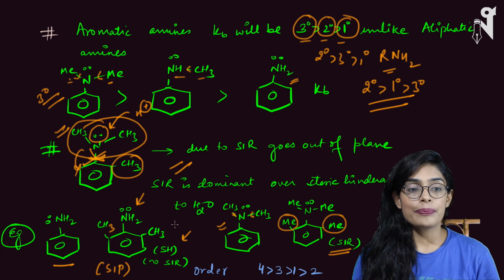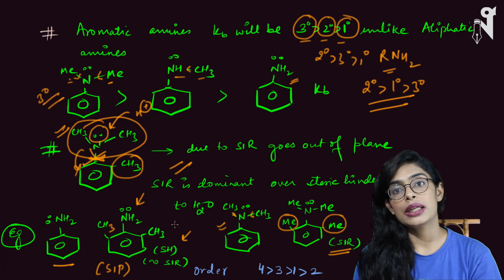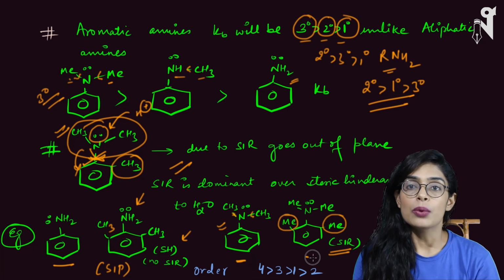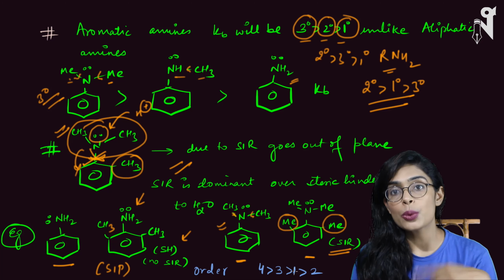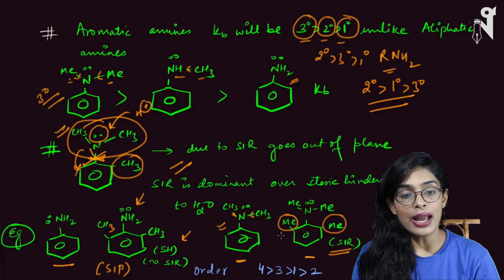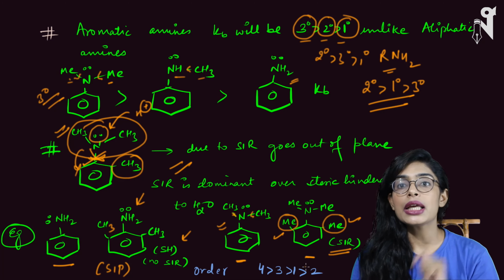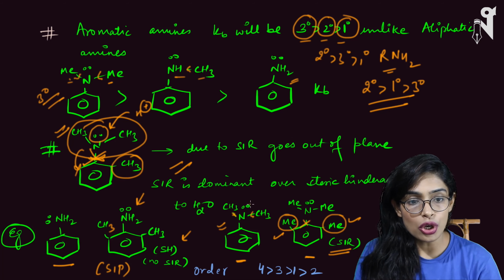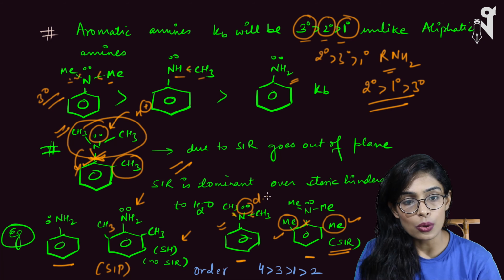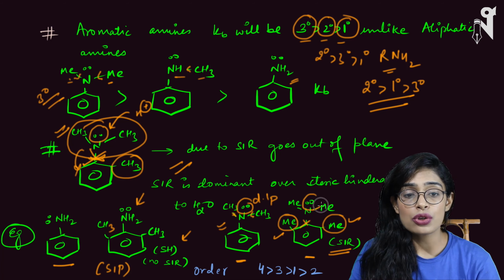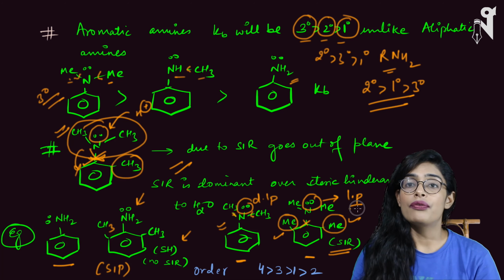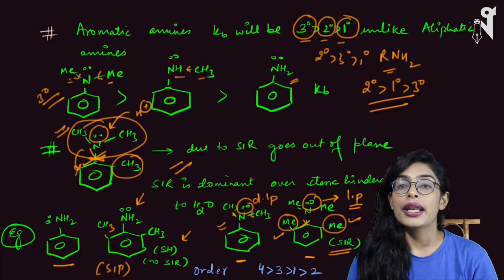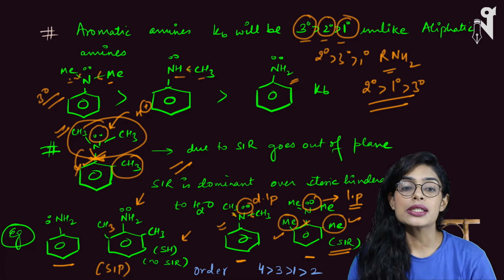So here, among the tertiary and primary aniline, obviously tertiary will be more basic. Now we have third and fourth, both are tertiary. Out of third and fourth, which one is more basic? Let's understand. I have methyl over here, which is causing steric inhibition of resonance, because of which resonance with benzene is stopped. So the pair of electrons on the third is a delocalized lone pair, whereas the pair of electrons is a localized pair on the fourth, which means more availability of electrons on nitrogen, and hence this is most basic.